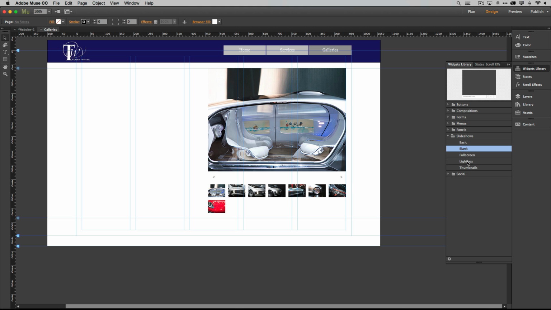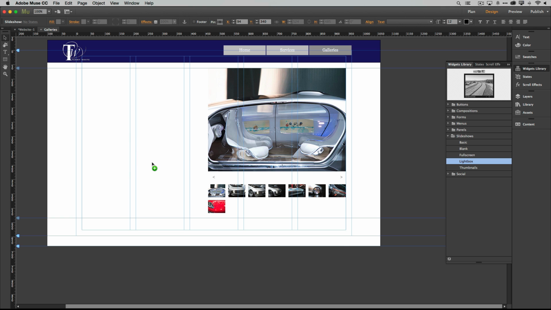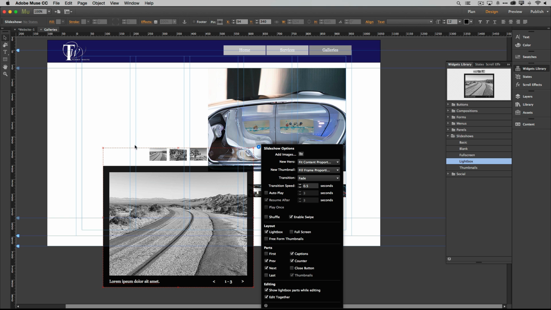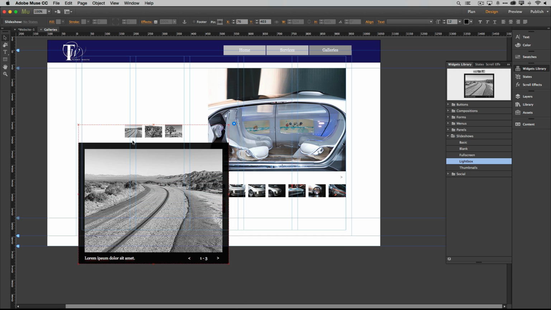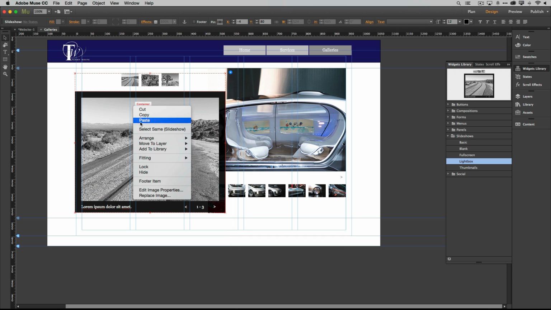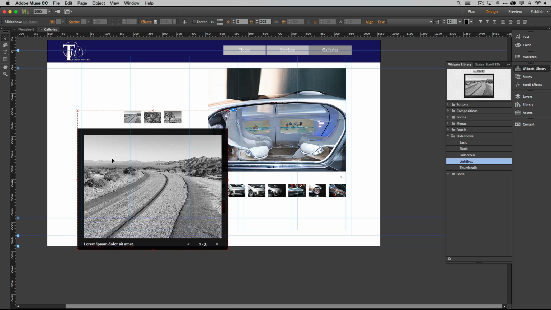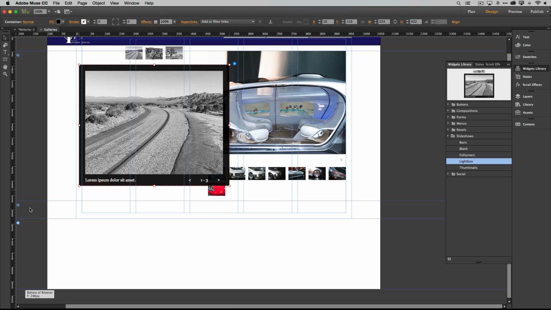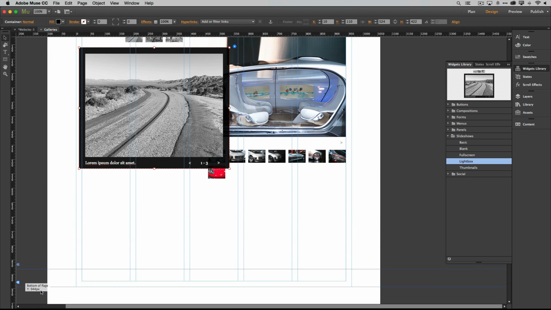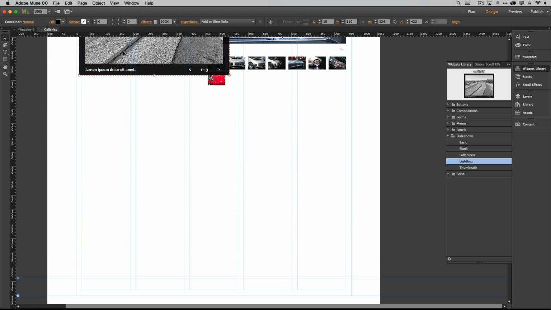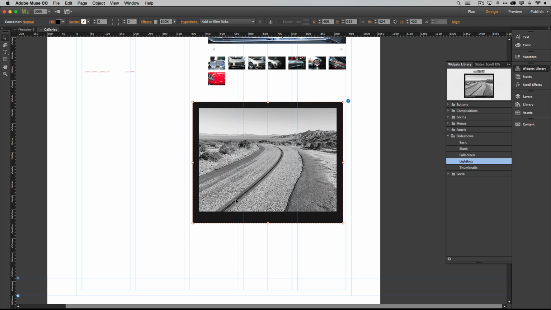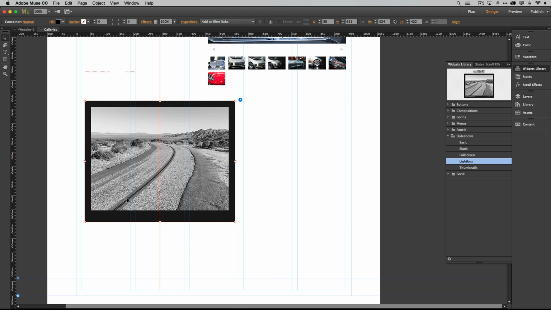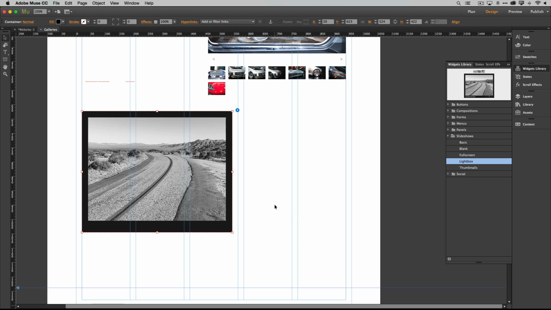Now let's bring over one more. Let's bring over the lightbox one. When I bring over the lightbox one, it's going to have thumbnails by default. So I'm going to go ahead and, again, let's make sure this is not a footer item. Good. I'm going to go ahead and pull, oops. Why am I not getting this to go down? Okay, let's do it the hard way. There we go. Just want to give myself some more room. And again, we put this on this side, for example. All right, so now we've got this